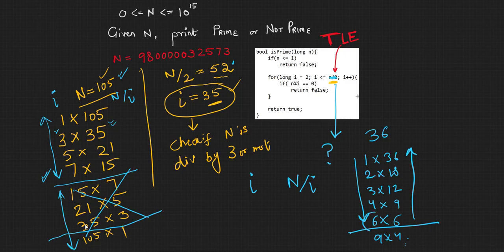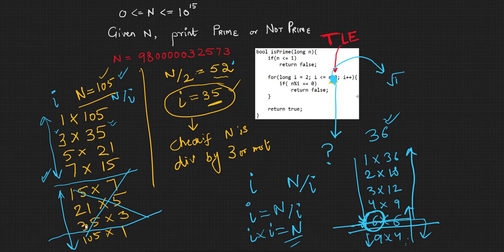So the maximum i that we can go up to is nothing but the square root of the given number. And that is also easy to draw. Here if you see, we can maximum go up to i becoming equal to n by i, because beyond that we cannot increase. The moment i becomes n by i, after that i will increase and n by i will decrease. So if I write this, it simply becomes i into i equal to n. So what about we replace this check with square root of n? Most languages provide a built-in function for finding square root of n. So we can just do sqrt of n over here.